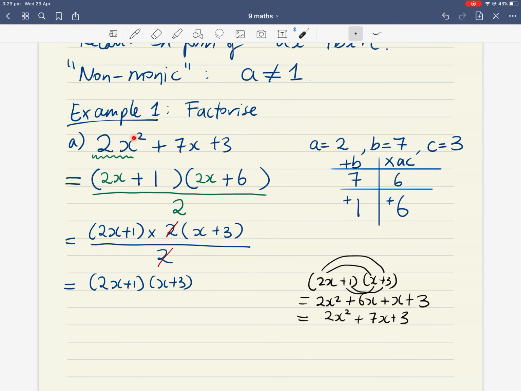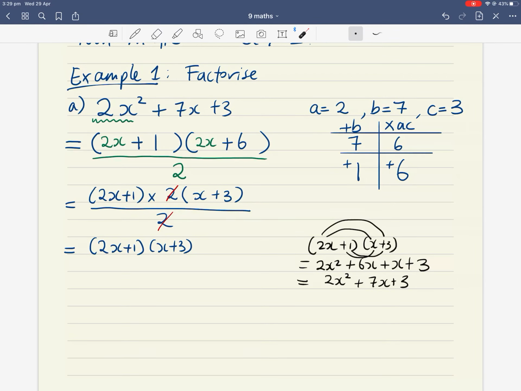So recapping, if it's non-monic, where the number in front of your x squared is not 1, then you have to do an extra 2 lines of work. So you start off with, on the side, write down your a, b's, and c's. Draw your little plus b times ac table. B is 7, AC 2 times 3 is 6. So you're thinking of two numbers that add to be 7 because it's plus B, and those two same numbers must multiply to become 6 because it's times AC. So think of the factors of 6, of those combinations, which ones add to be 7,